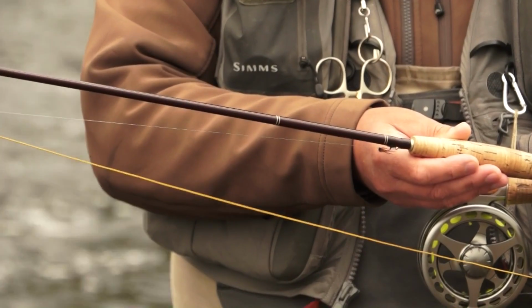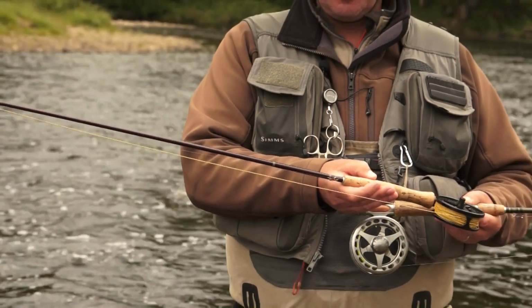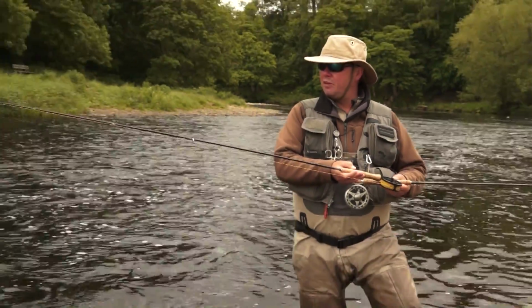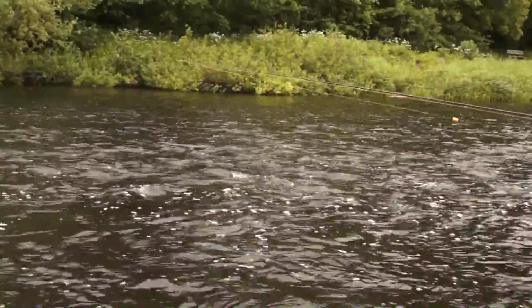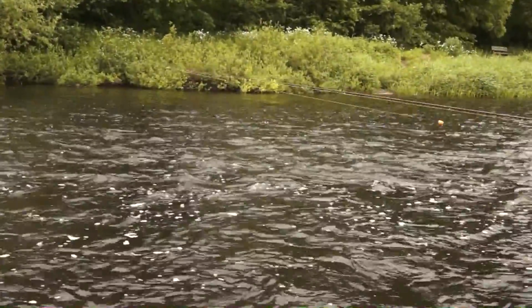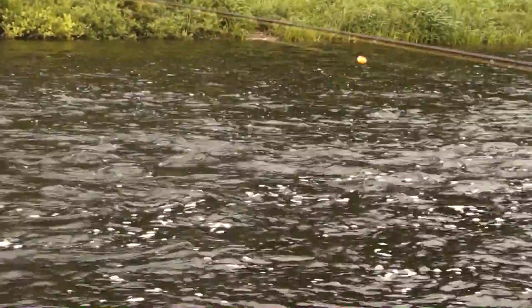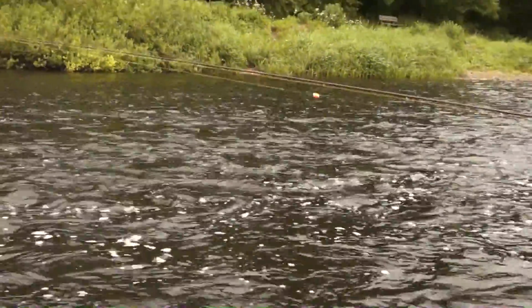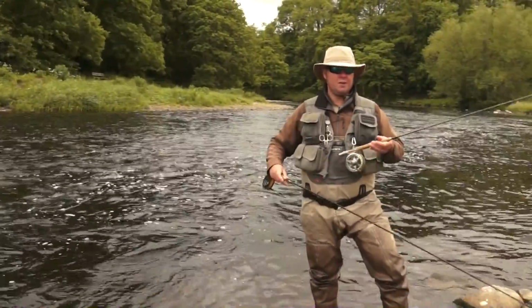Basically I'm going to fish this upstream into the little current seams where I think there might be a fish or two hiding out, and obviously it's all about watching that indicator. When I see it dip or dart I lift the rod and hopefully will be attached to a fish or two. Alternatively, another form of